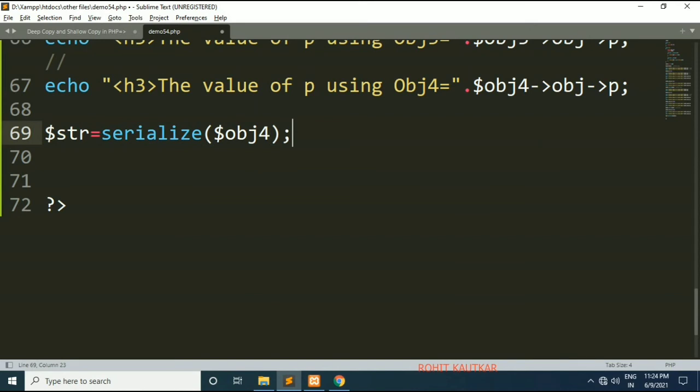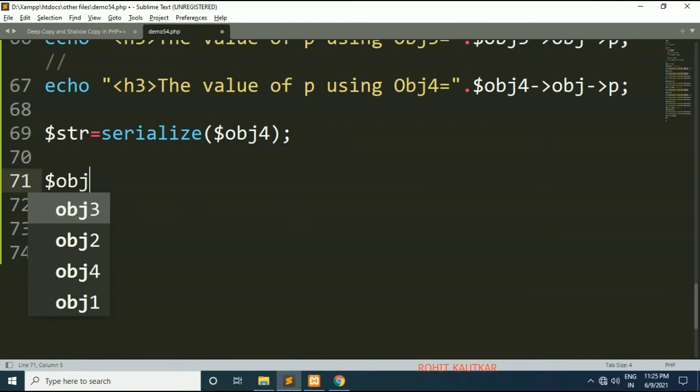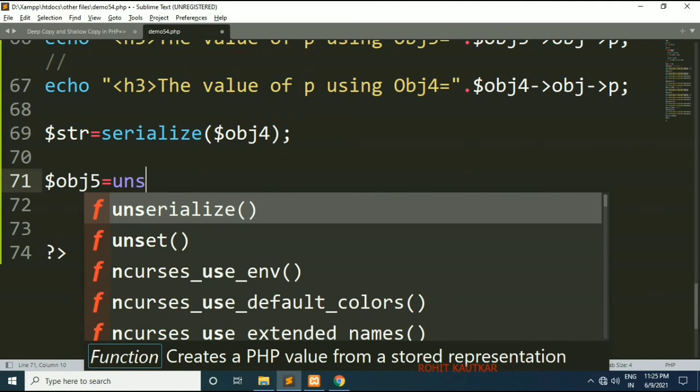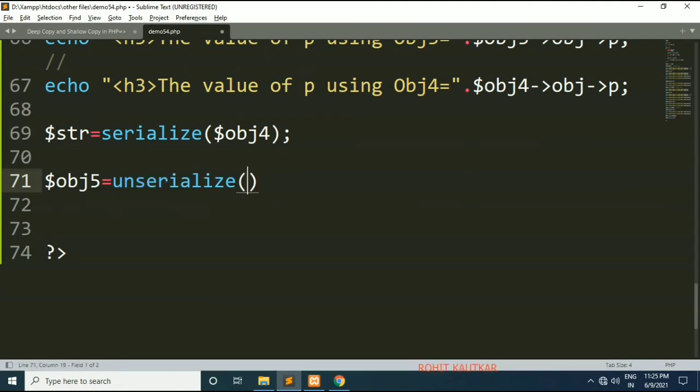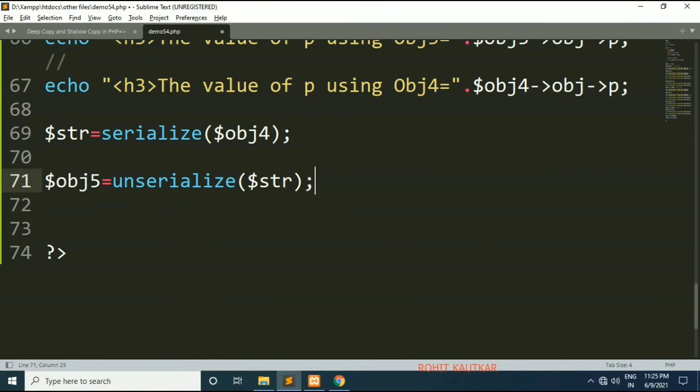Now the serialize function will convert this obj4 to a byte stream and it will be stored within the str variable.